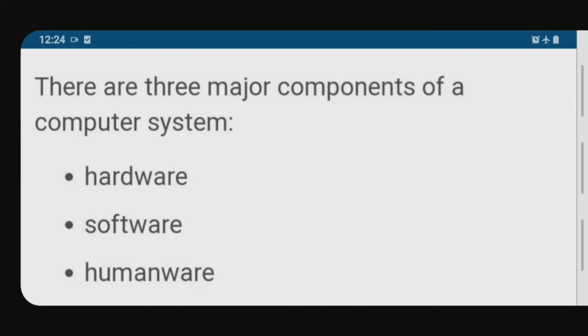I am going to start here, and everything is related to your book only. Next you will see all these topics in your book also. So I am starting here. There are 3 major components of a computer system: hardware, software and humanware.